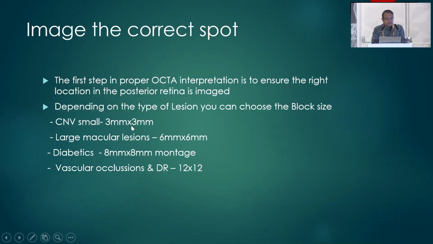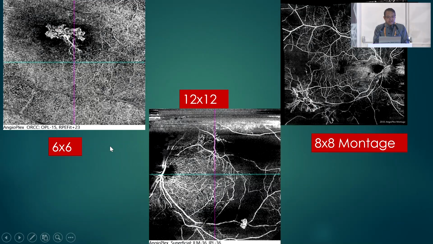After you have detected, depending on the type of disease you have, you can design what type of scan you want. If you want to see a macular lesion with high resolution, then you should go for 3x3 or 6x6 images. Like in this patient, I want to see a CNVM, so I go for 3x3 or 6x6 images. The moment I want to see areas of capillary non-perfusion, I'll go for a wider scan,